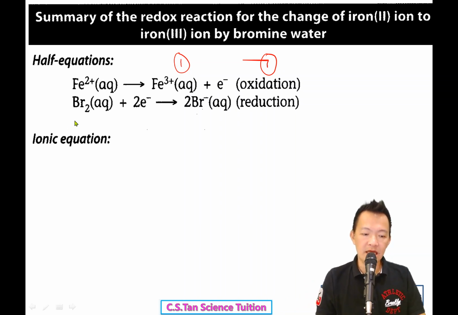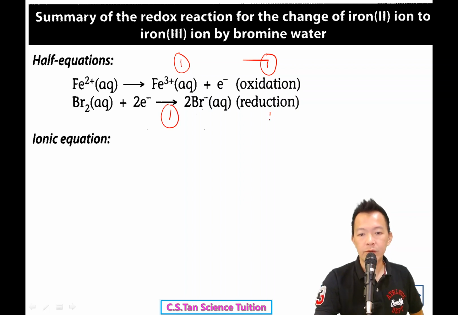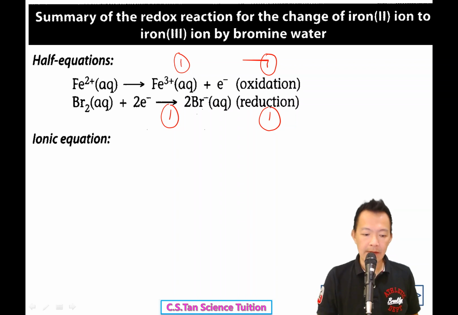Okay. Bromine gains the electrons to become bromide. Okay, bromine 收到 electron, gaining the electron is called reduction. So this is another 1 mark, 你的另外1分。Okay, and the word reduction is also 1 mark. 这边也是另外1分。